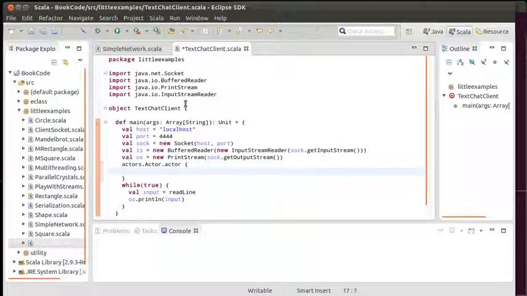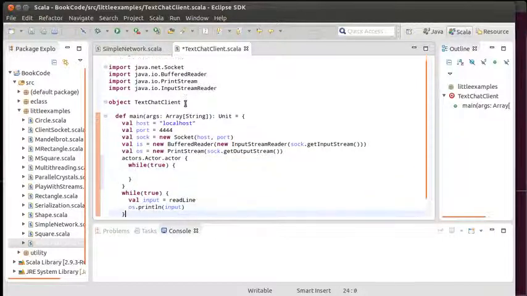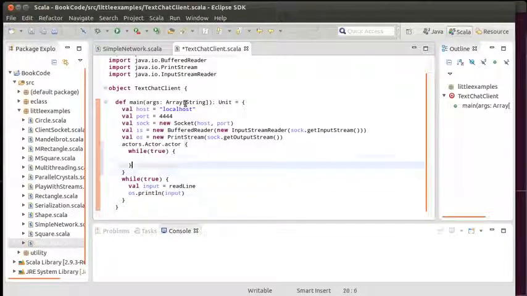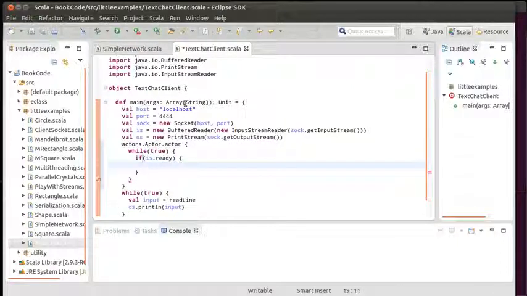To start something off in a thread, and it's also going to have an infinite loop the way this is set up, and inside of this infinite loop I'm going to do a check if, let's see, is.ready. Remember, that is the command to check if there's stuff for us to read on the buffered reader. If there's something for us to read,